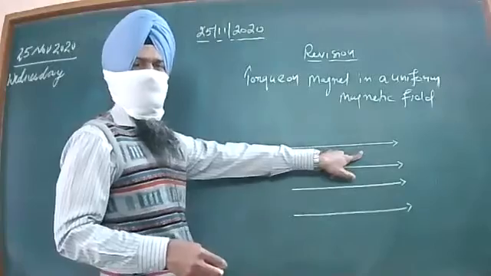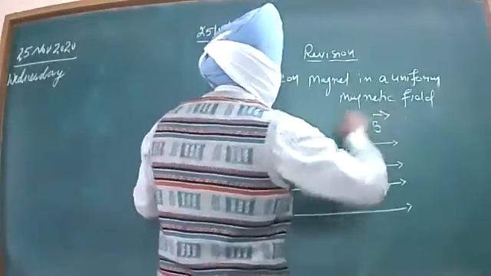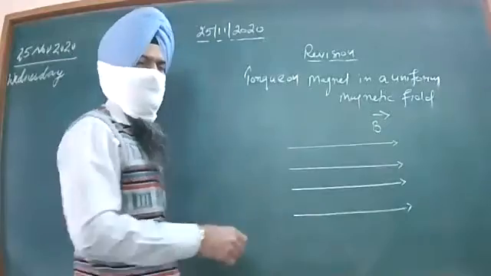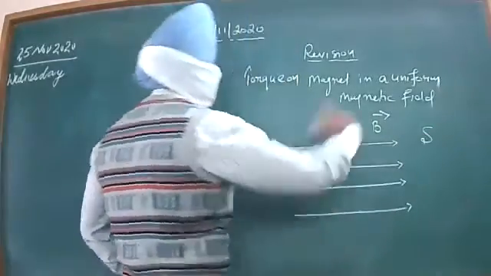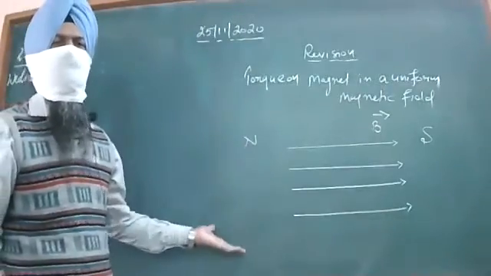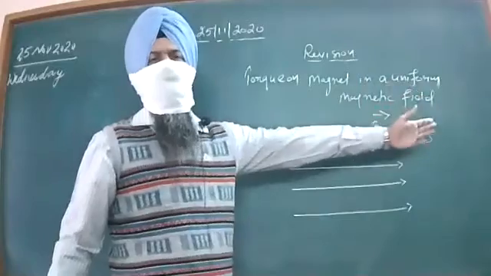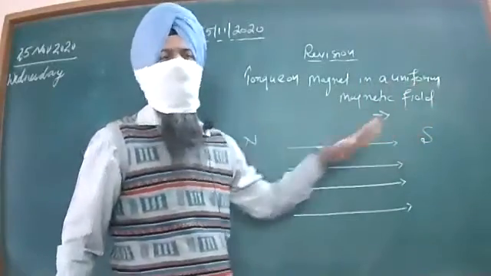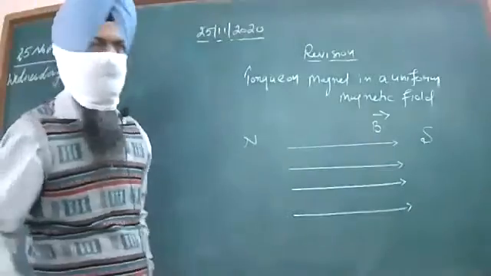Because this is the existing magnetic field, imagine that B is the strength of this magnetic field. Magnetic lines of force start from the north and terminate towards the south pole. We don't know where the north pole of this uniform magnetic field is, and we don't know where the south pole is or where the lines are ending. We simply say that here we have maintained a uniform magnetic field.